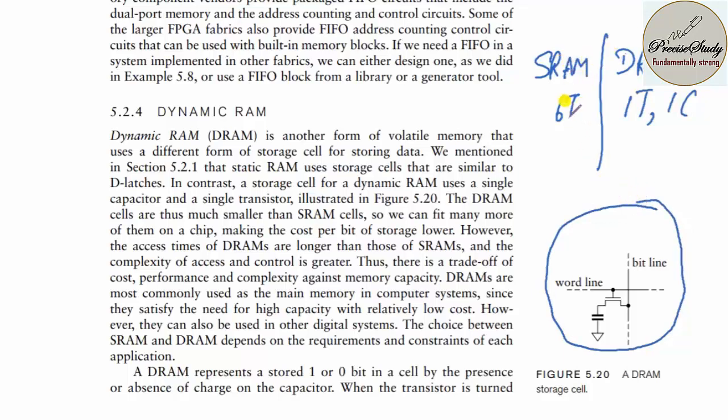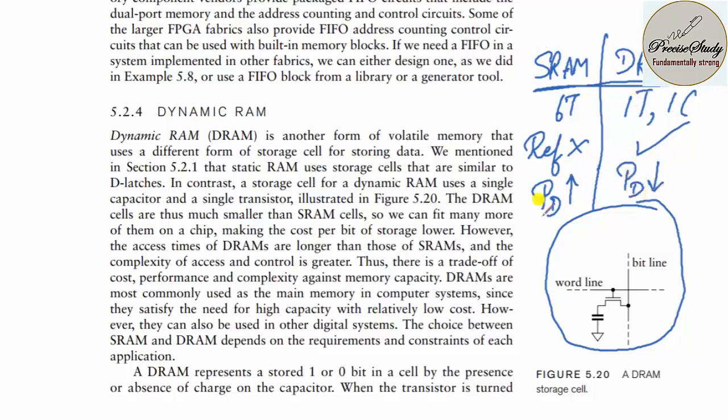In the case of static RAM, periodic refreshing is not required. But in the case of dynamic RAM, periodic refreshing is required. Why are we not going to prefer static RAM? Power dissipation will be more when compared to dynamic RAM. So this is the drawback of static RAM. But in the case of DRAM, you have to do periodic refreshing. This is one drawback in dynamic RAM.